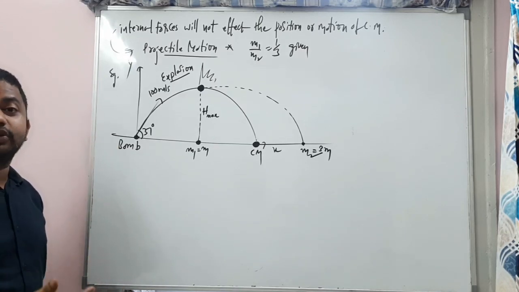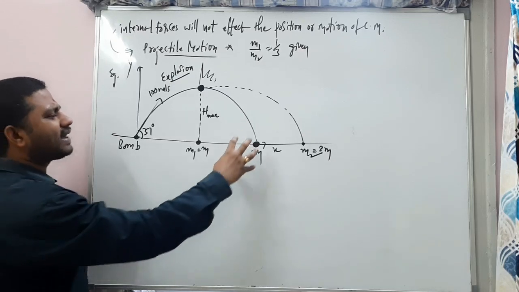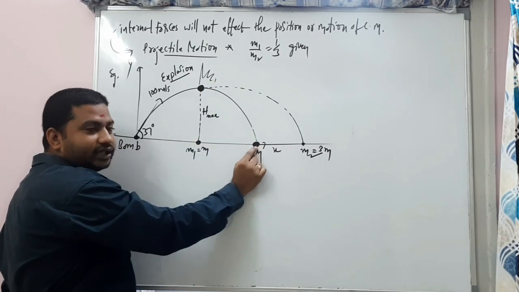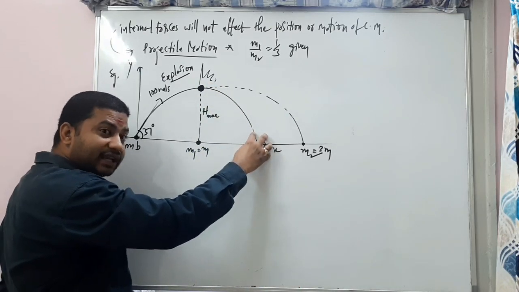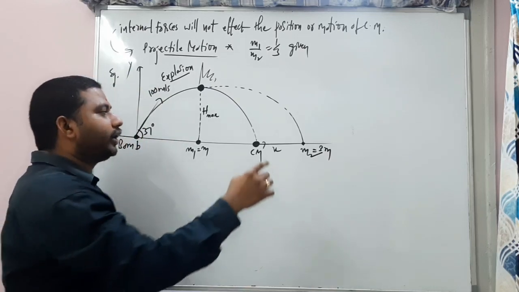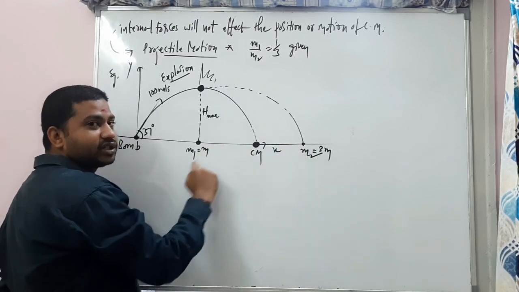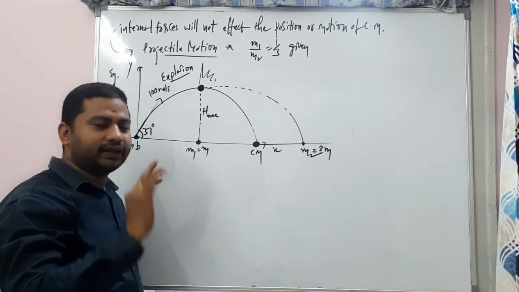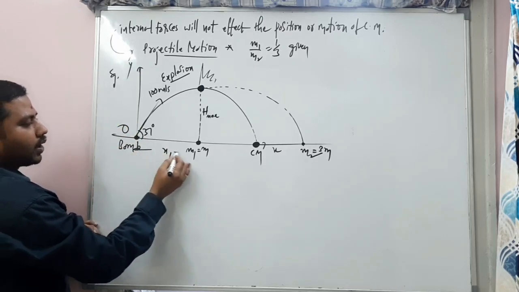So that is the interesting point. That means the center of mass position is not at all affected by the internal forces. Of course, there is no mass here, because of the explosion. Without the explosion, exactly the mass would fall here. But still, if mass is there, where it will fall, that point will become the center of mass of these two. These two masses will adjust their positions such that the center of mass exactly will come here. Right? Okay. Now, from the origin, the first mass is at a distance x1.